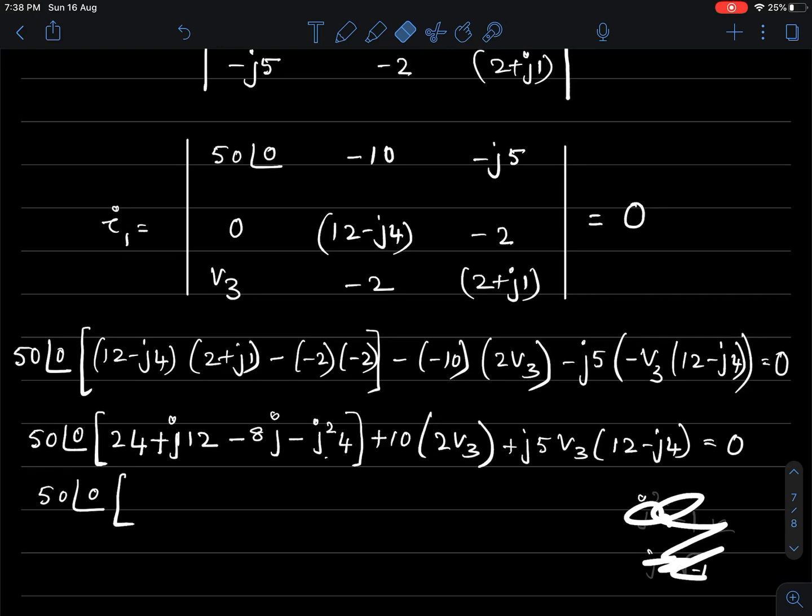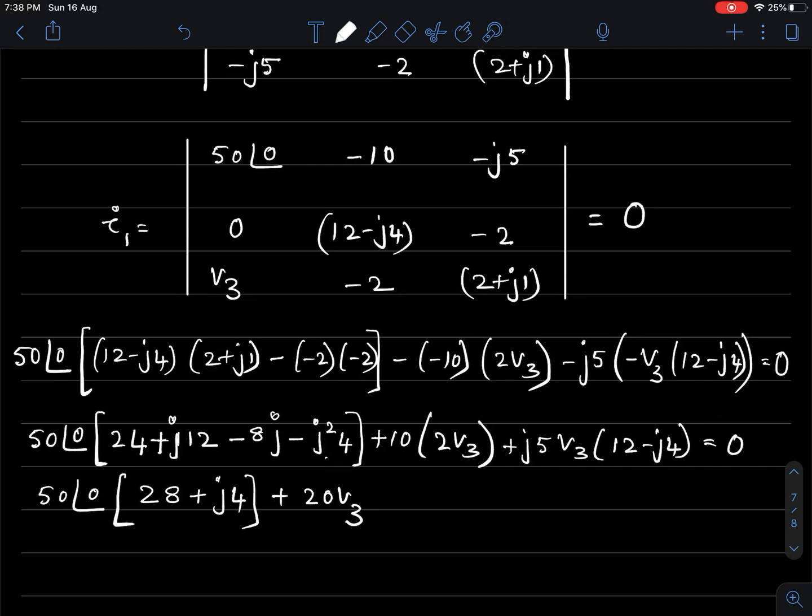I will do that part. Okay. This is 28. This is 28, and this is 12j and 8j. I think I've done it correctly. Okay, and then I have this to be plus 20√3. All right, now I will write this as plus,